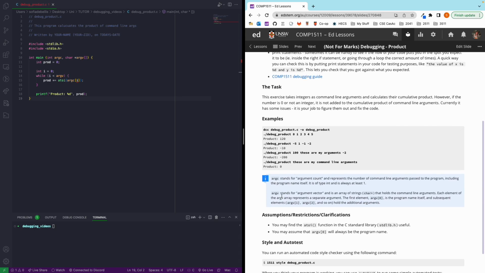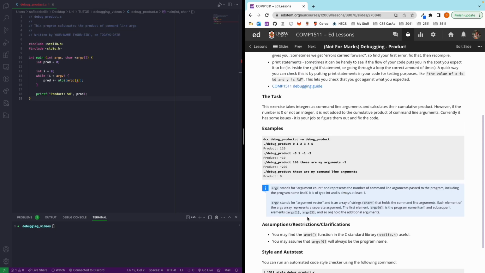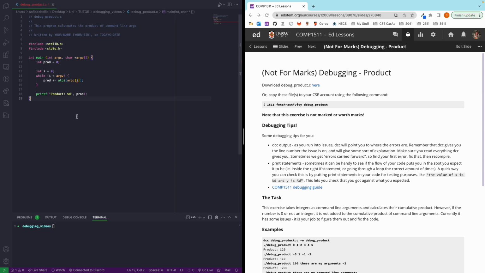And if you're not familiar, argc stands for argument count, and argv is argument vector, which is an array of strings storing all of the command line arguments. We might find the atoi function in the C standard library useful. And we may assume that argv[0] will always be the program name. Awesome. And then we have our style and autotest commands. So on the left here, I've just got the starter code. So let's